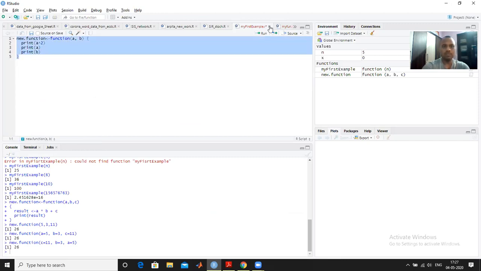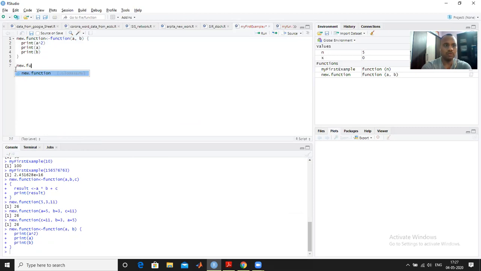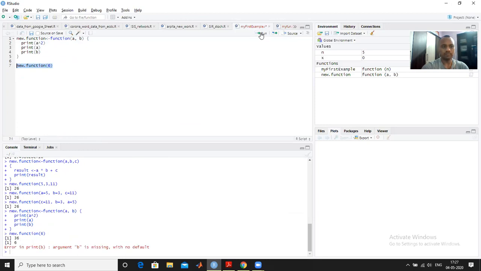suppose I run this program, then I call this function like this, new.function, and suppose I write 6 here. Now we check what the output will be. Yes, the first output is 36, the square of a, and a is mapped to 6.